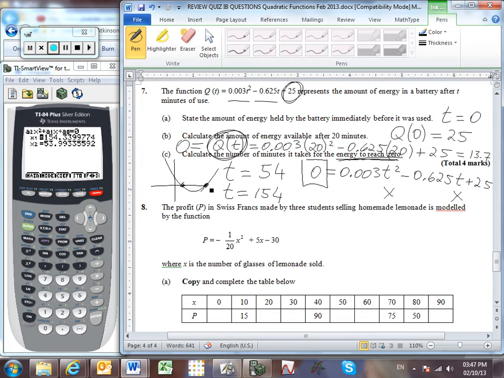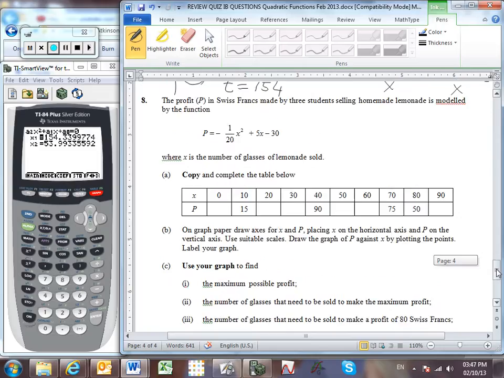And then question number 8. The profit in Swiss francs is given by this quadratic function. So part A, you guys would need to copy and complete the table onto your separate lined sheet of paper for one of these long style questions. One clever way of doing this problem